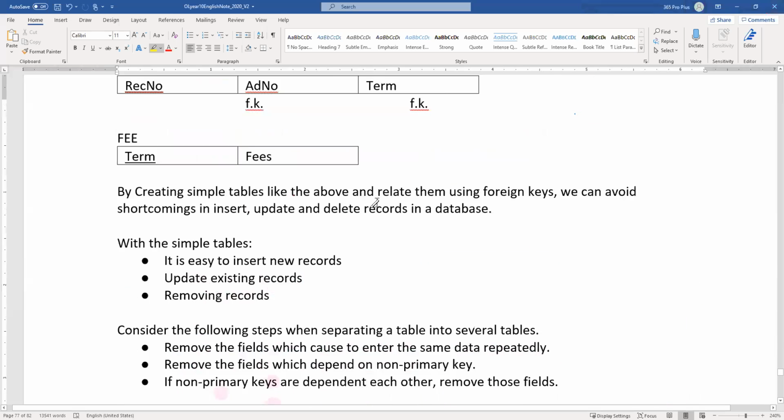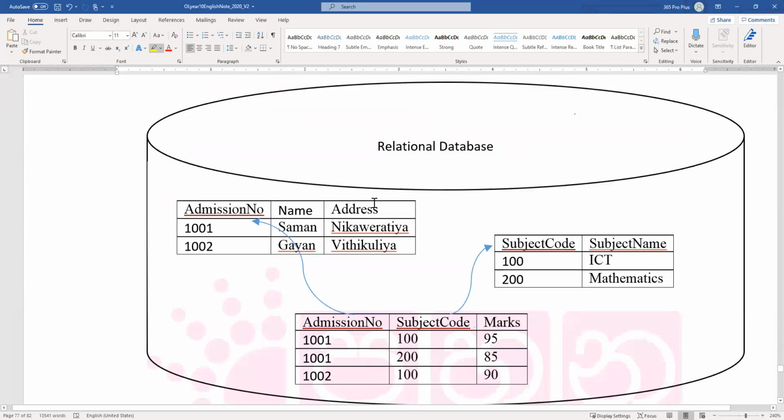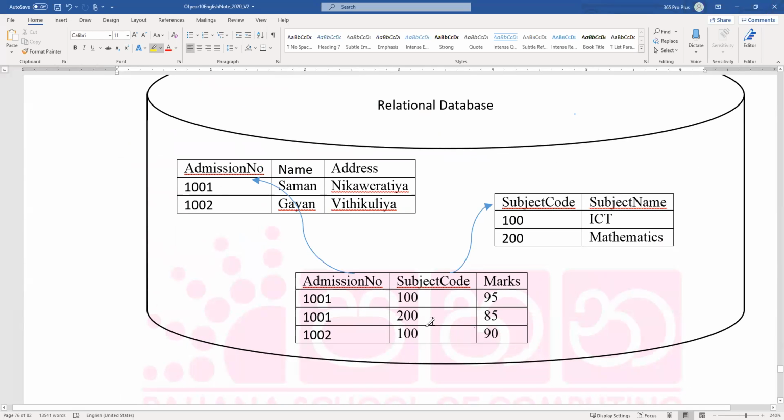So let's go back to our example. Let's take the first table. Let's say this is the student table. What is the primary key? Janani said admission number. Yes, good. It should be admission number. Why? It's unique. Name could be repeated, address could be repeated, but admission numbers